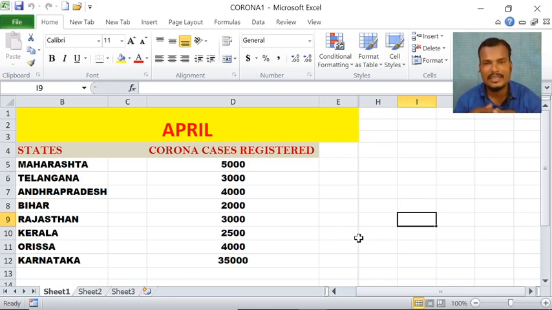First of all, let us see how to compare two Excel worksheets, or we can compare two Excel workbooks also. We can compare two worksheets of the same workbook, and also two different workbooks.